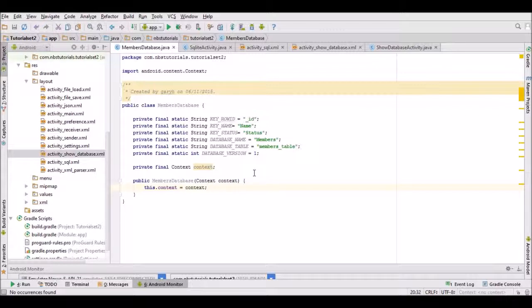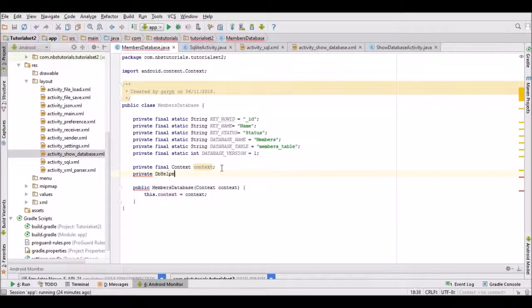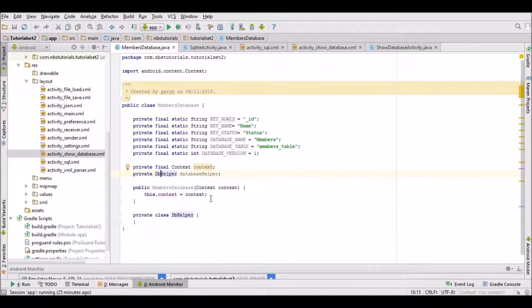So I'm just going to define a couple more variables. So be private, and what we're going to do is create a database helper. So it's DbHelper. I'm just going to call this database helper. Okay, so this is generating an error as well. What we need to do is you'll get this little light bulb. We're going to create an inner class called database helper. So let's create that there,